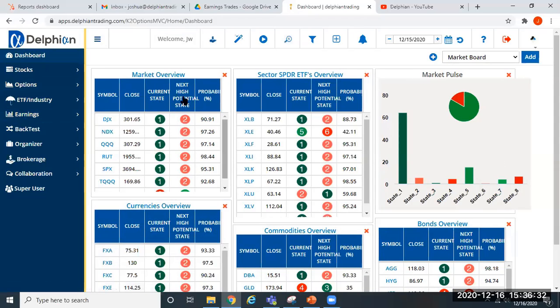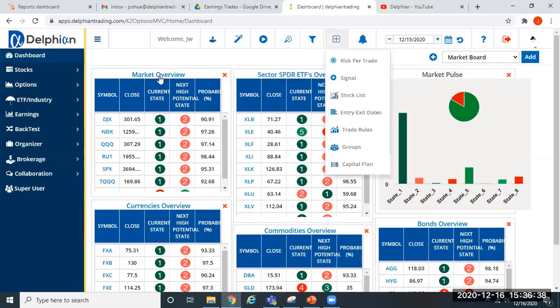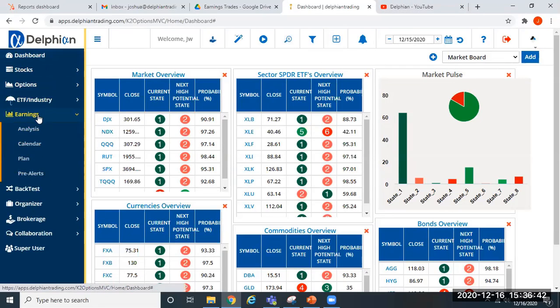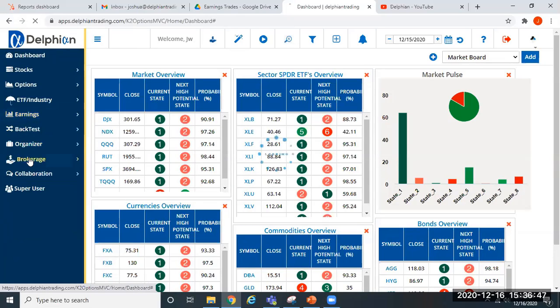So this is the platform with our state modeling. If you're interested in learning about that, and you don't know about that, you can go on our YouTube. I'll show you the links there in a minute. So for the earnings plan, we did all that scanning on the calendar. So when we go into the plan,